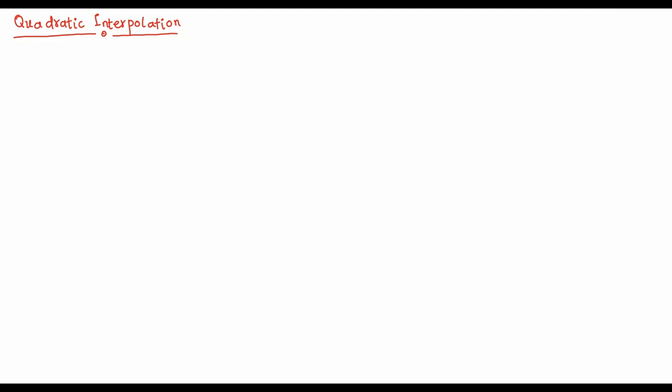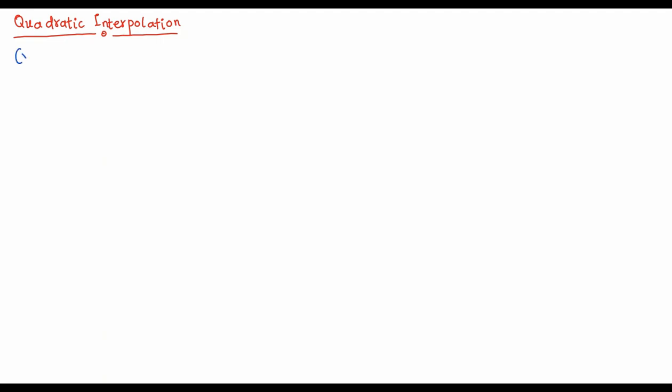Okay, so now let's look at how you're going to generate the second order polynomial function using Newton's divided method. This is also known as quadratic interpolation since we are using a second order polynomial function. So let's go ahead. In this case, our n will be equal to 2. So for this reason, we are going to have 3 data points, which we are going to consider